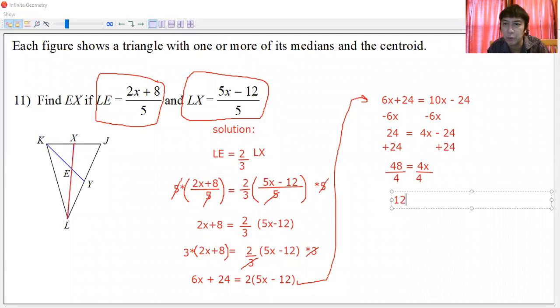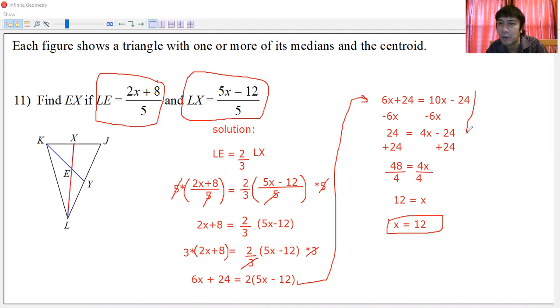Okay, this will now be 12 is equal to x, or properly written, x is equal to 12. There. So we found our x. Okay. All right. So this is our x value. Okay. How about finding the EX now? Okay. We can use the longer. Okay. Remember, the longer divided by 2 gives the shorter. Okay. Gives the shorter. And so we can use that to compute for the shorter